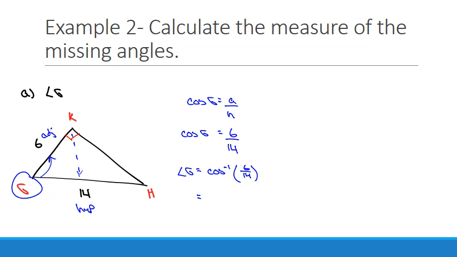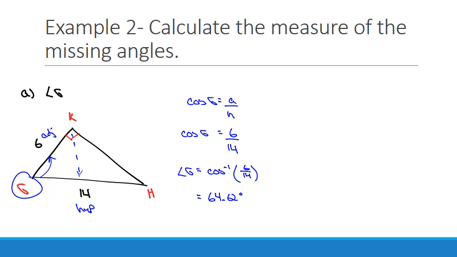And then again, we've talked about the calculator. You need to get one calculator, and you need to not lose it so you can learn the logic of that calculator, like the sequence of how to key things in. Because calculator to calculator, that changes. Anyway, however you do it, you might go second function cosine, and then there'll likely be an opening bracket, go 6 divided by 14, and then you close your bracket, hit equals, or maybe you go 6 divided by 14 first, hit equals to get it into a decimal, then second function, then cosine, however your calculator works. Whatever you do, you'll get this answer, though,